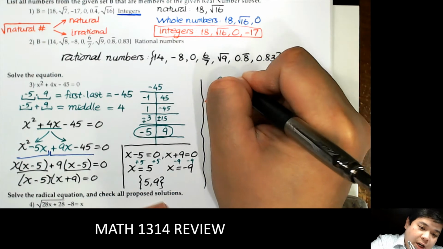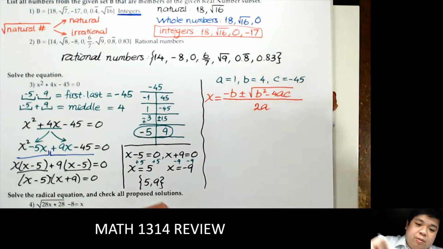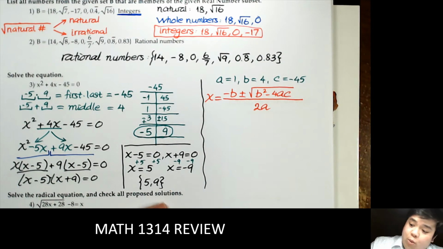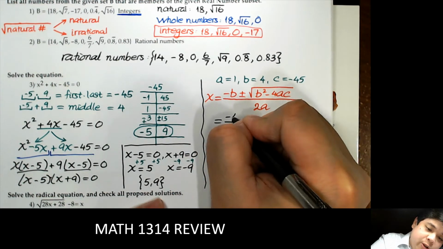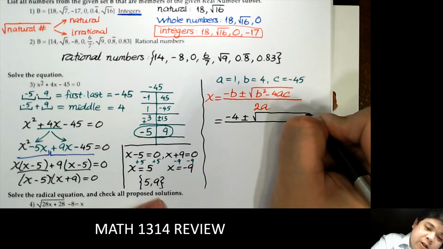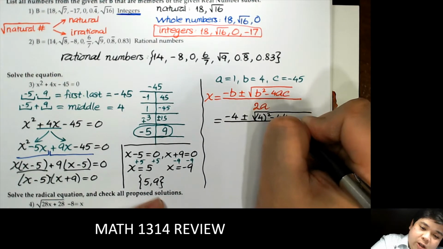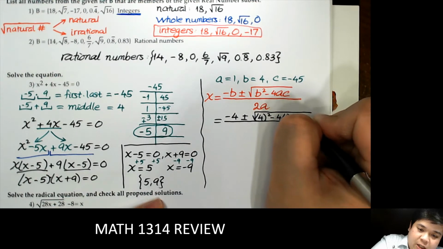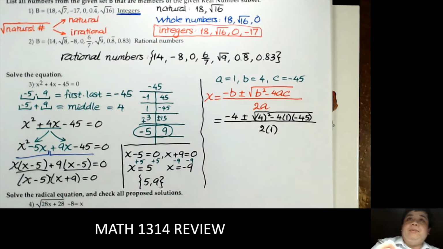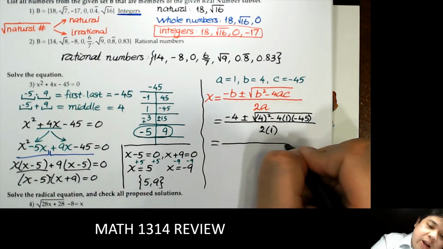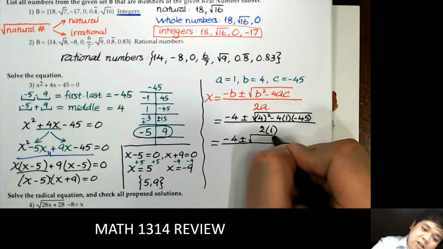Right. A is 1, B is 4, and C is negative 45. Put everything in that formula. Negative 4 plus or minus the square root of b squared minus 4ac, over 2a. So we have negative 4 plus or minus 4 squared, 16,